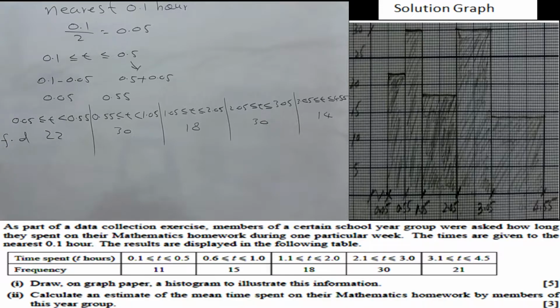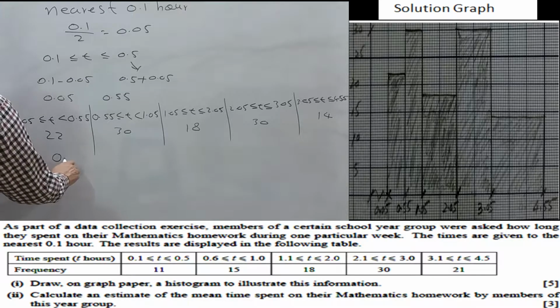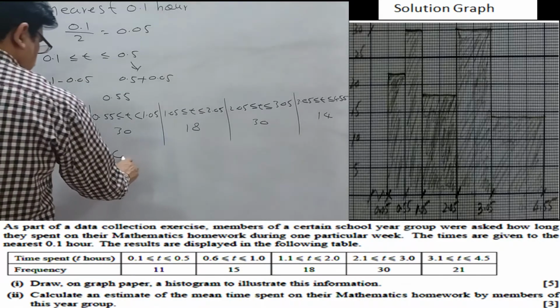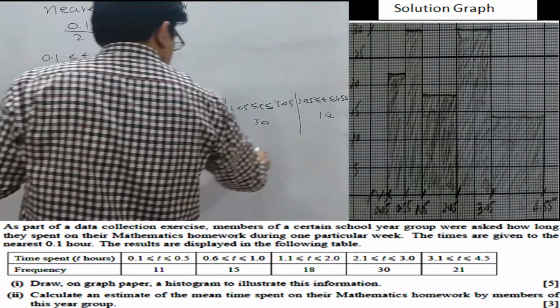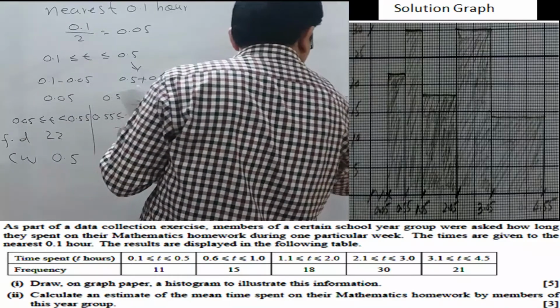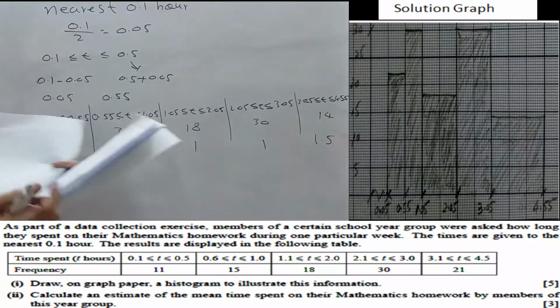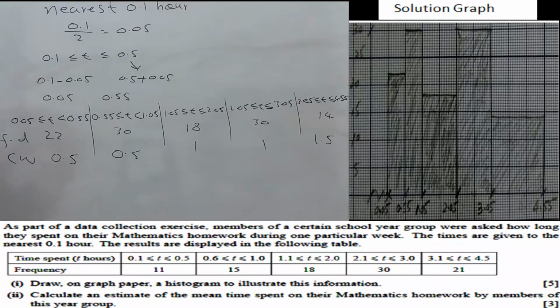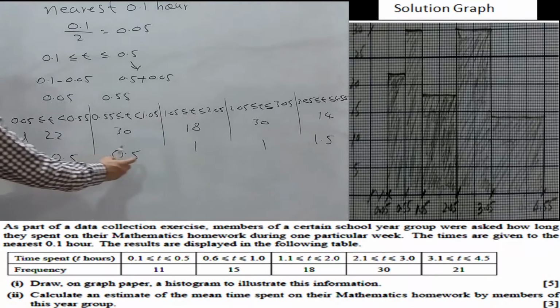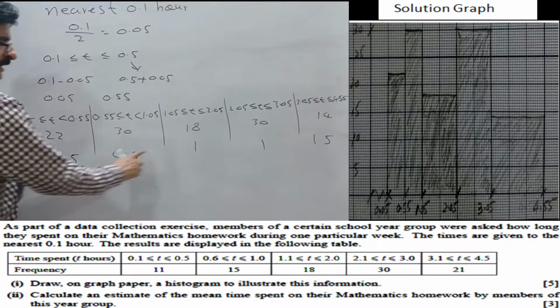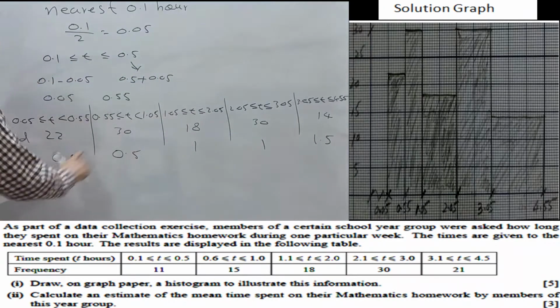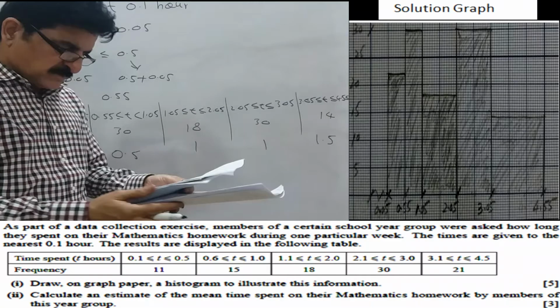To make the histogram, we need another thing, that is the class width. Now, if you see the class width, it will be 0.5. It is also 0.5. This minus this, and this will be 1. This will be 1. This will be 1.5. So now I have made the histogram. You see that this is the same and these are the same, but this is double of this and this is 3 times of this. So according to that I have made the histogram.